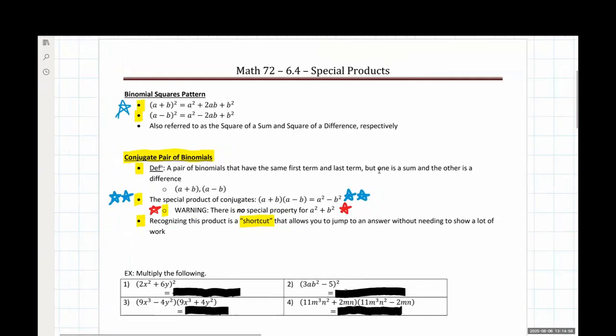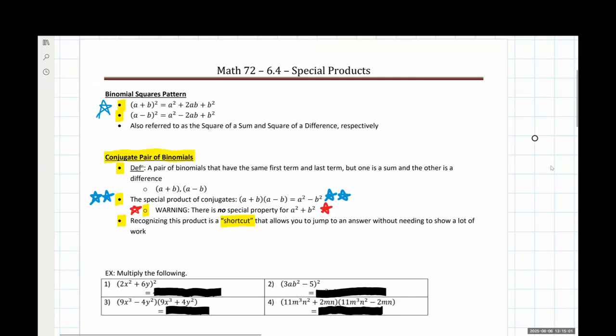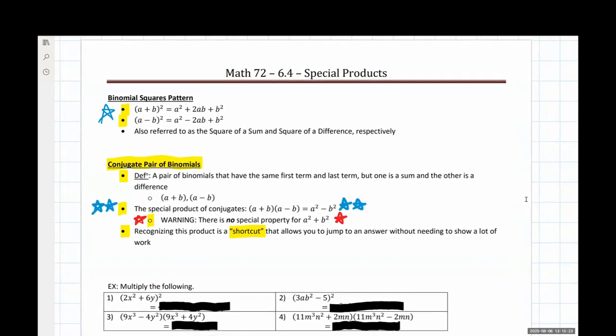Now, if you would like to use these, I think the best way to think on all of this material is optional shortcuts. You do not need to use any of these shortcuts on any of the homework problems. You do not need to use them on any of the test problems. These are purely optional things that are available to us, and you can use them, you can ignore them. It's your call. Completely your choice.